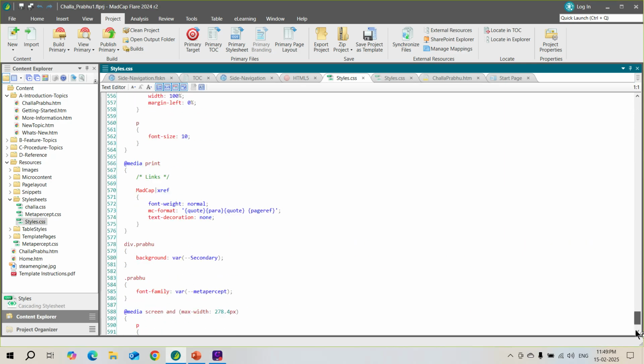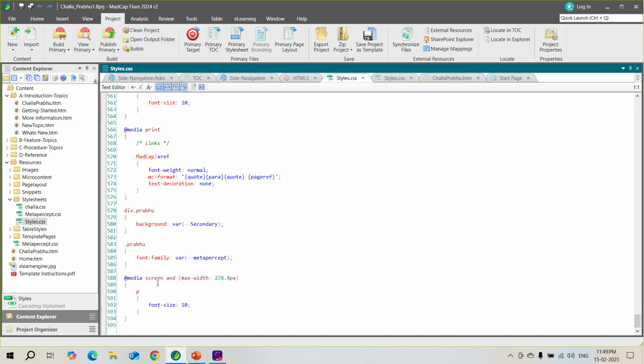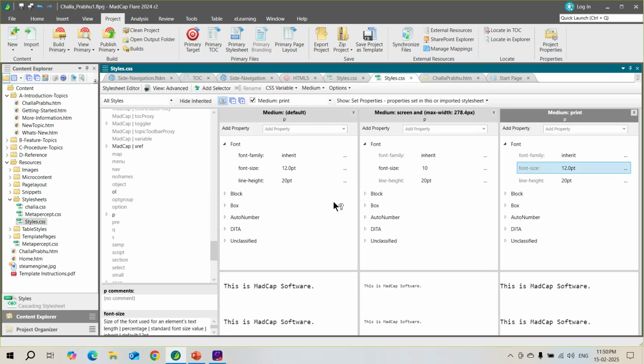Now if you see at the end of it, this is the media screen that I actually created. Okay, now since this is at the end of the style sheet, this is going to have precedence over the others. In the sense that if it is going to be 10, the rest is going to be 10. For example, if I say that this particular font size is going to be 10, and if I say that I want the font color,